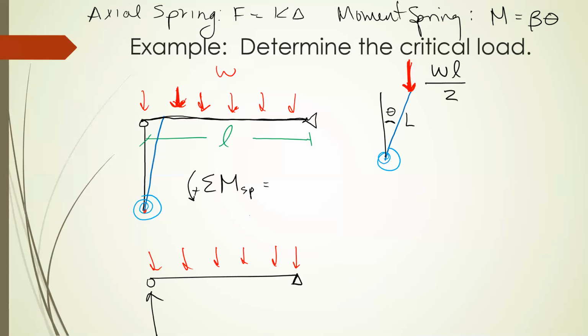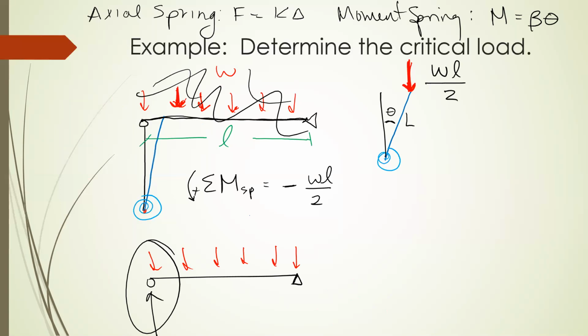The reaction here is WL/2. That then becomes the load on our column. Now that we've done that, we don't need to worry about this beam anymore, okay? So now the sum of our moments, the disturbing moment creates a negative moment. So we'll say negative